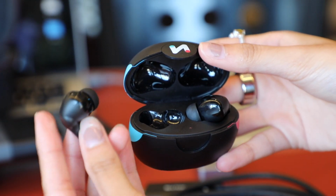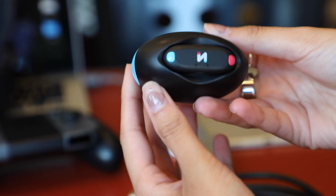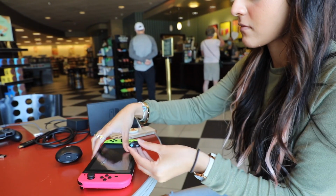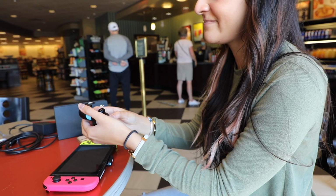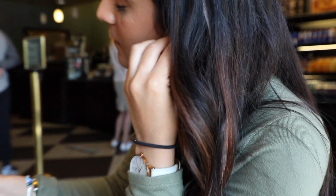They're also somewhat waterproof at IPX5, so if you do happen to toss this in, I don't know, with your travel bag and water gets on it, you're perfectly okay. You can get around 11 hours of battery life with these headphones, and they only weigh around 3.7 grams. They thought of this as well, making them super lightweight because people game for long amounts of time and you don't want your ears to get tired of holding up these headphones. All in all, I would say they thought of everything they possibly could have in terms of the headphones themselves,